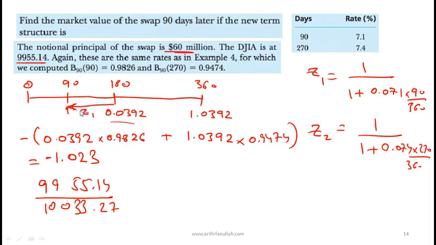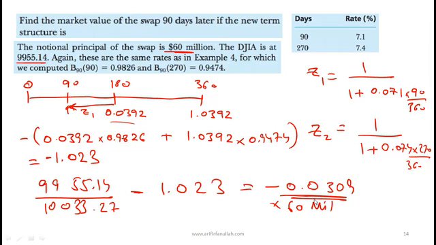The $1 that you put to receive these payments in the future has gone to 1.023. You add these two, and what you will have is 0.0309 minus 0.0309. Now this is a loss of 3.09 based on $1 of notional principal. To figure this out for 60 million, you take this number, multiply it by 60 million, and what you will get is minus